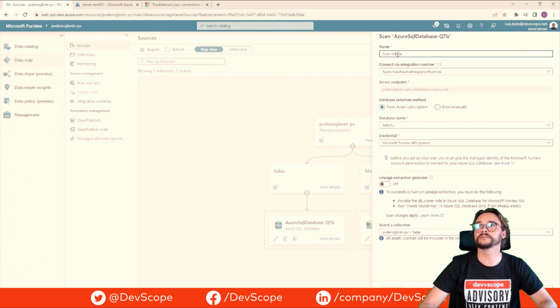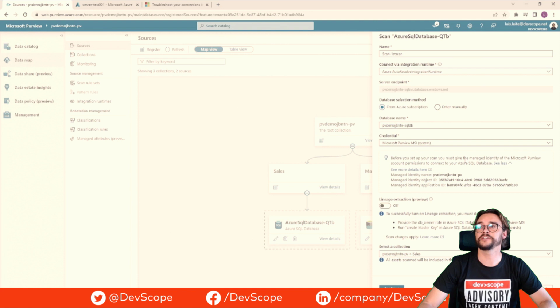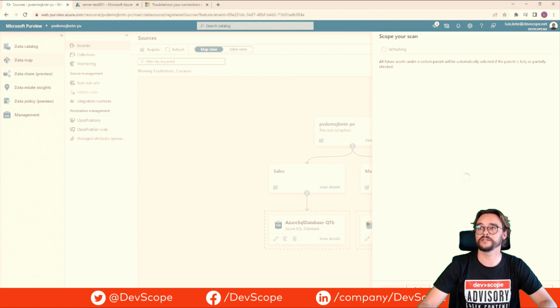And what we are going to do is connect to the database, in this case this one, and then you can, for example, make a test connection. If your test connection is not successful, you probably have to give some permissions in your SQL database. Here you have more details of how to do it. It's very simple, so just follow this document, and you will be able to connect with your data source. So then you just click continue,